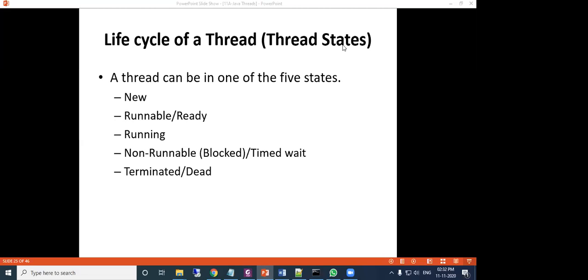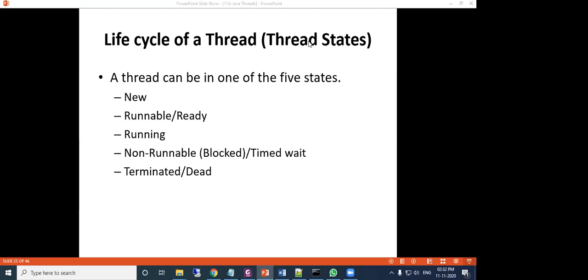The only thing is you have to define, or override, the run method inside your class where you have extended the Thread class or implemented the Runnable interface.